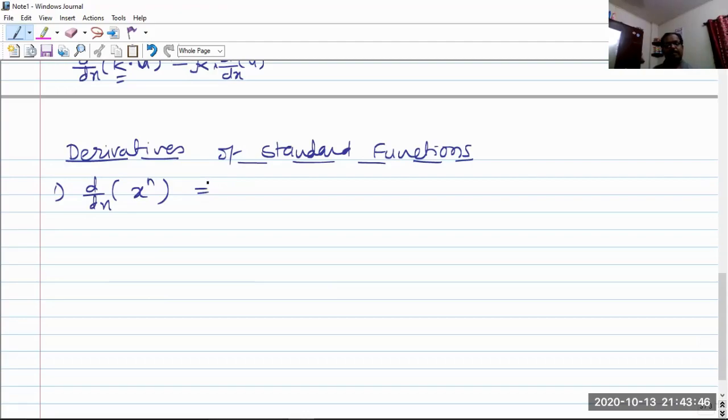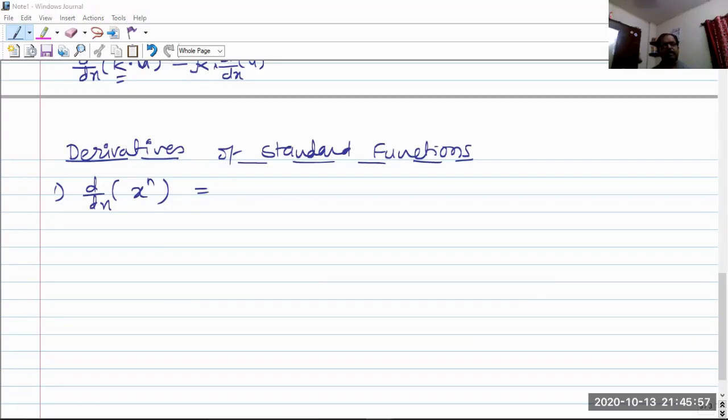All these derivatives can be proved with the help of the first principle of derivative that you have already studied in the previous standard, I think in 11th standard, right? In that first principle of derivative we find the derivative of the function with the help of limits, right? So using that you can prove all these results. Here we are just listing all the formulae one by one, and seeing how to keep those formulae in mind, how to learn them.